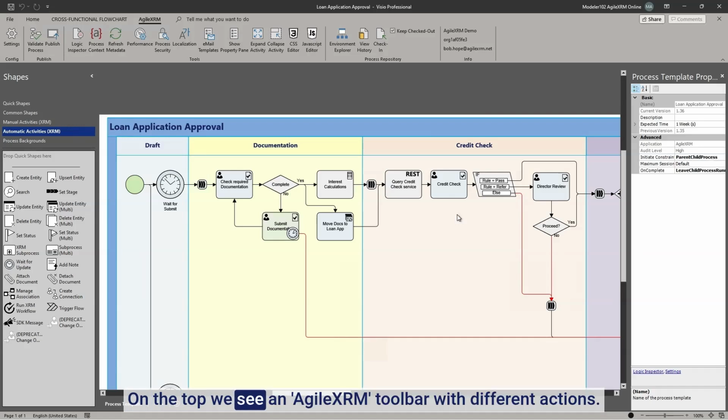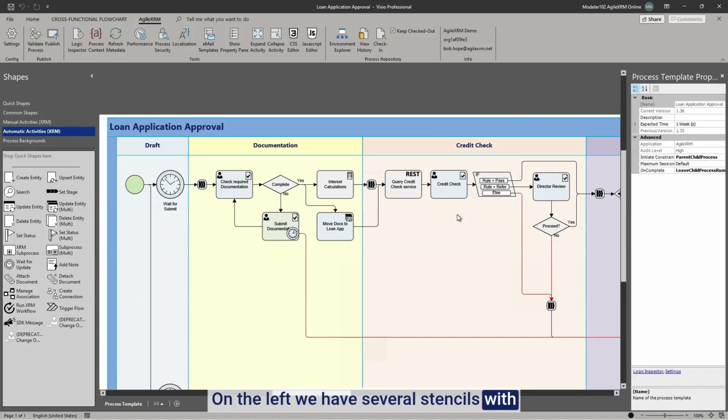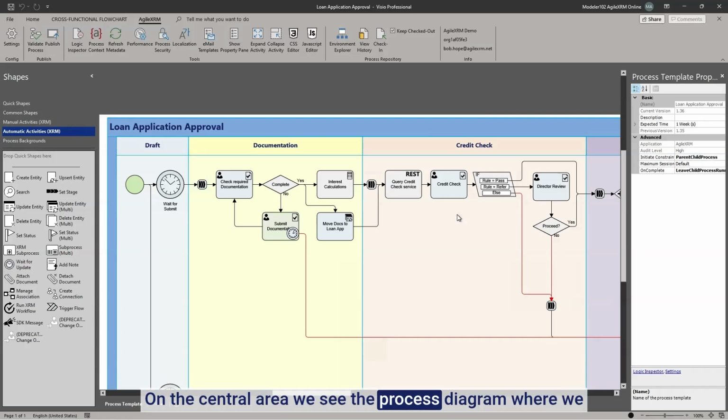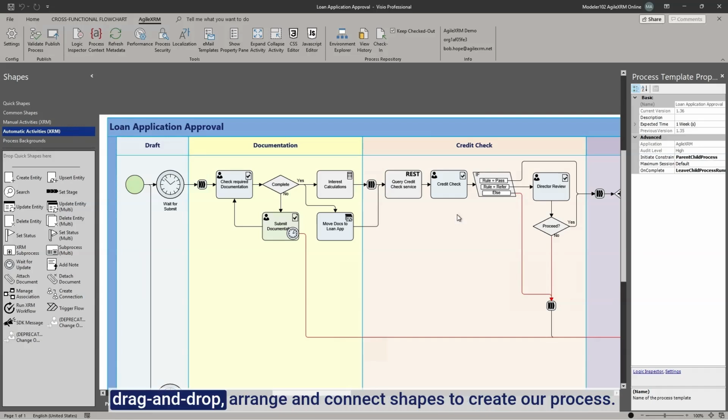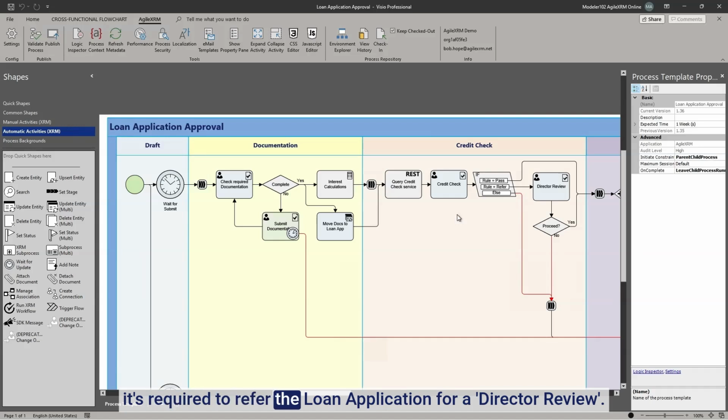On the top, we see an AgileXRM toolbar with different actions. On the left, we have several stencils with shapes that we can use in our process. On the right, we have a property pane displaying the information of the selected shape. On the central area, we see the process diagram where we drag and drop, arrange, and connect shapes to create our process. In our scenario, we want to change the conditions under which it's required to refer the loan application